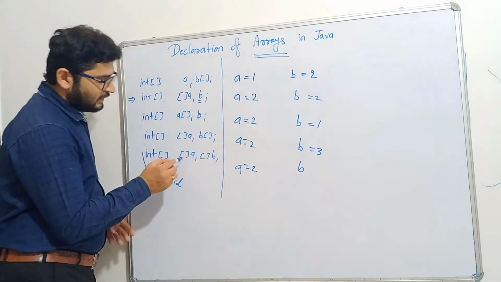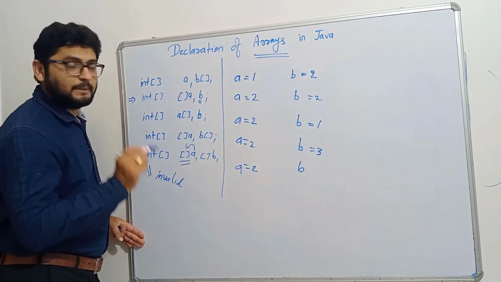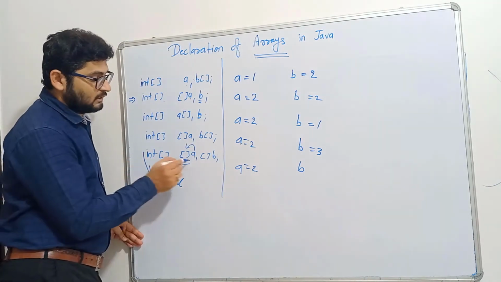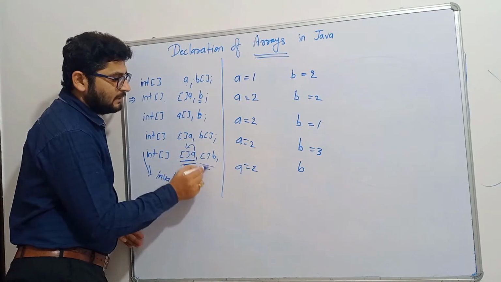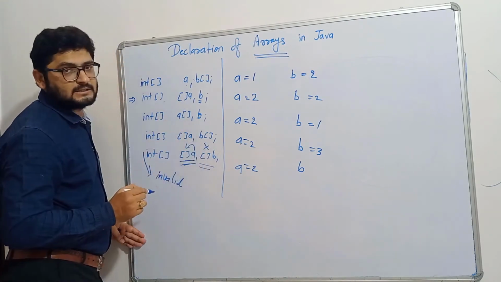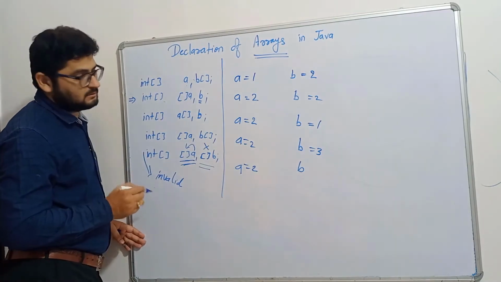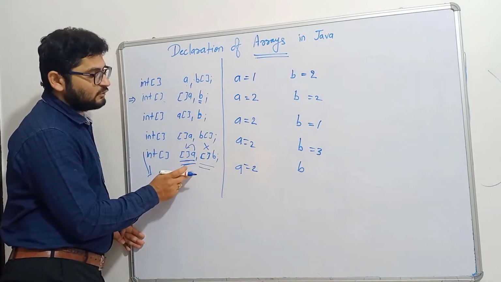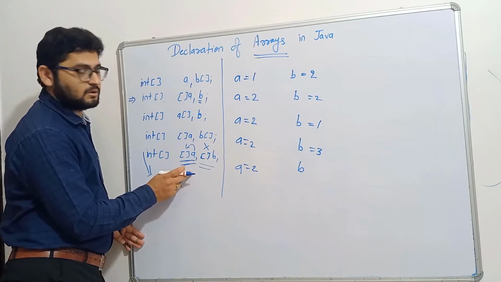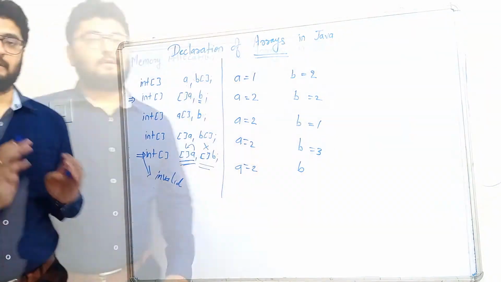Why? Because if you are writing dimension before the name of the variable, then it is only possible for the first variable. Okay, so for the remaining variables it is not possible, or it is invalid, to give dimension before the remaining variables. So that's why this is an invalid statement. When you are going to compile this statement, obviously it is going to give you the error.